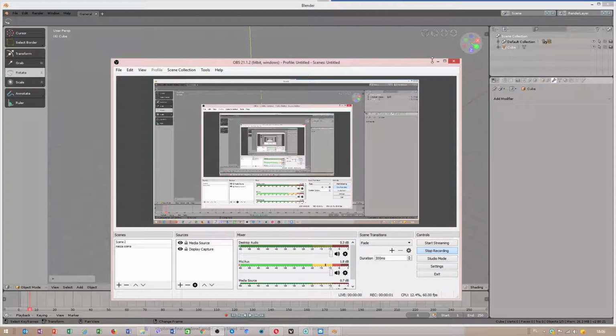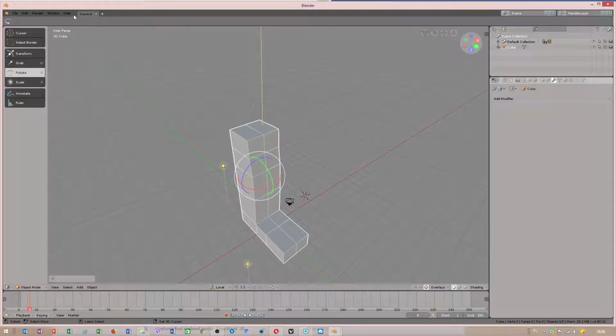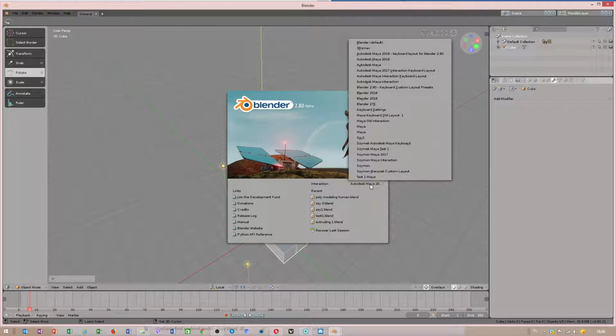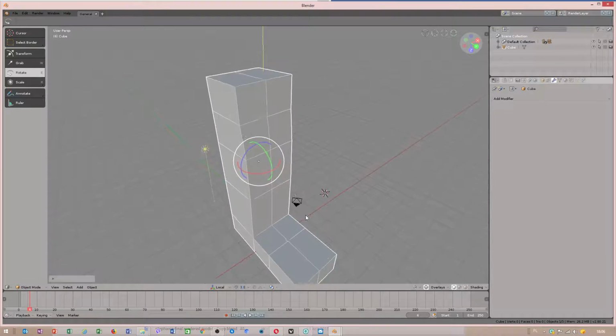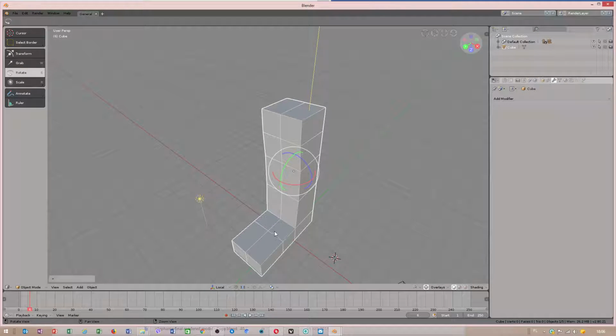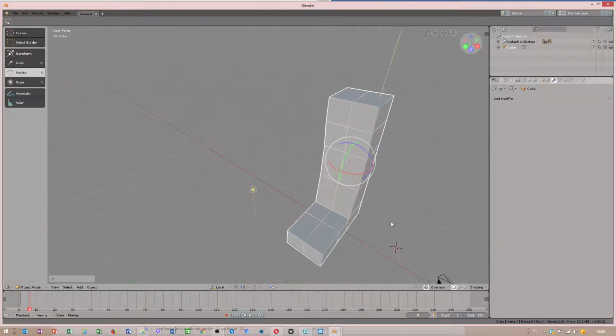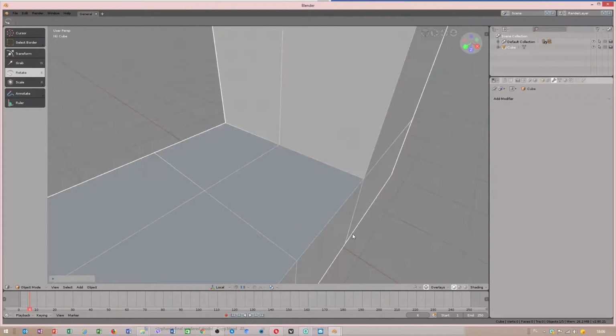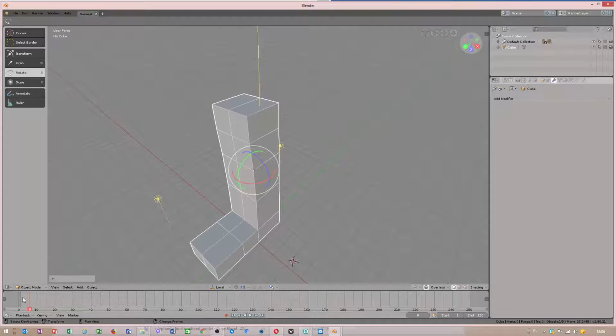Hello my friends, I decided to publish a video about my interaction keyboard which I created, Autodesk Maya 2018 keyboard layout for Blender 2.80. By default you cannot use Alt and right mouse button to rotate view. You can also press Alt and middle mouse button to move 3D view. Alt and right mouse button to zoom in, zoom out. I configured this